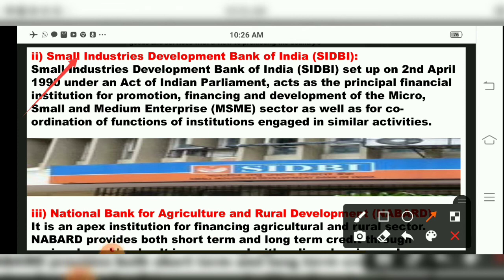In 11th standard also, different types of banks were there. And we studied about NABARD also, children, and we studied about the Small Industries Development Bank of India. So, according to this, what are the functions of NABARD as well as